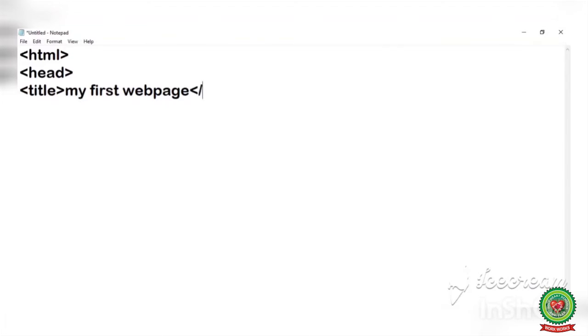Now close the title tag by using a slash and now close the head tag. Students, our heading part is over now. We will not close HTML here because HTML will close after completing our full work, meaning whatever web page we want to see. Now till here I'm going to save my work.